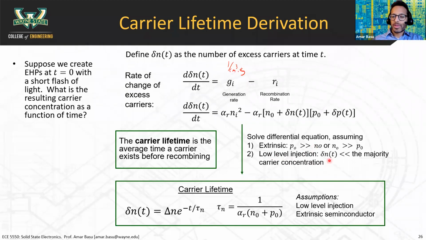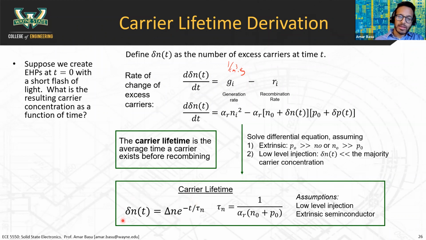So assuming low-level injection, what that means is that the excess concentration is much less than the majority carrier concentration. So in the case of electrons, the excess electron concentration is much less than N0. Okay, so if you solve this differential equation under these assumptions, then you will find that the carrier lifetime is